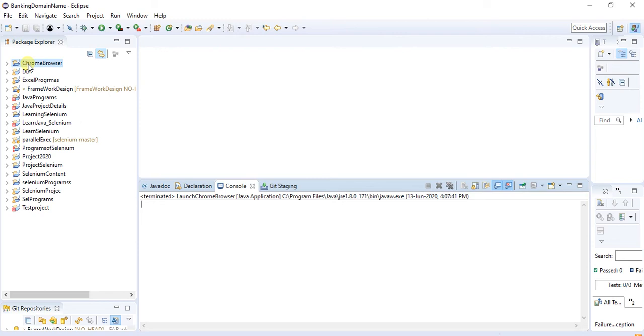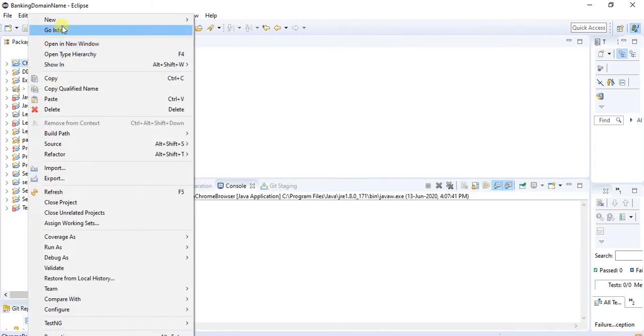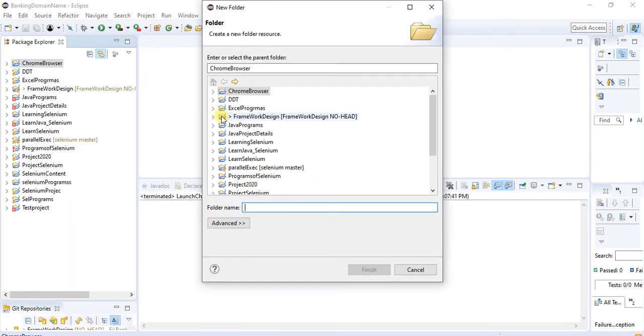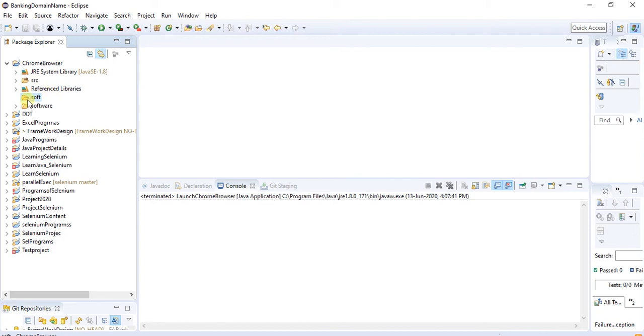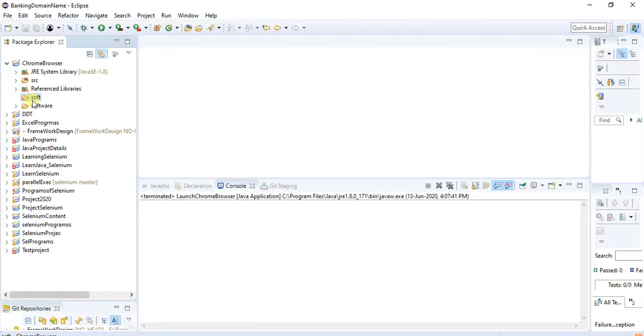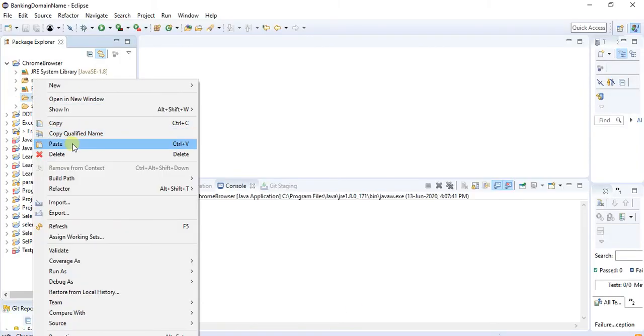Then right click on it and go to New Folder. I'm giving the name as software. Any name you can give. I have given it over here. So finish. I copied those two files, and I'm pasting them into there. Right click on it and just paste.